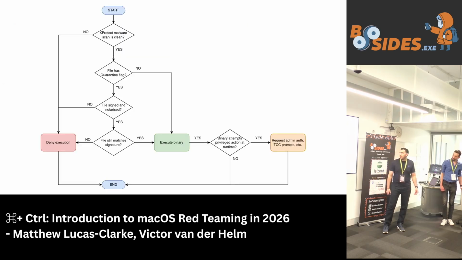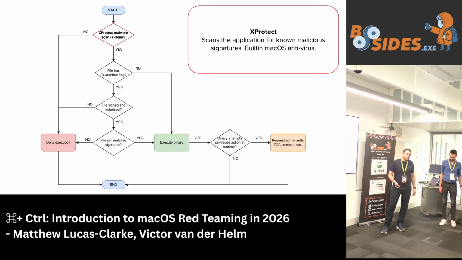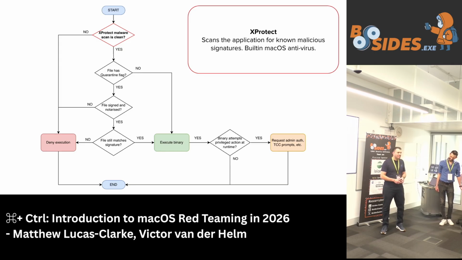We thought it would be quite useful to visualize a flow diagram of how Gatekeeper works when you execute an application or a binary. One of the first things that happens when you execute the application on a system is an AV check. There's a built-in AV in macOS called XProtect, and it will scan the binary. If it's malicious, typically it'd be denied from executing. Now, in my opinion, I don't think highly of XProtect. In the 4 years that I've used the macOS system, I've never seen an XProtect prompt of any kind.